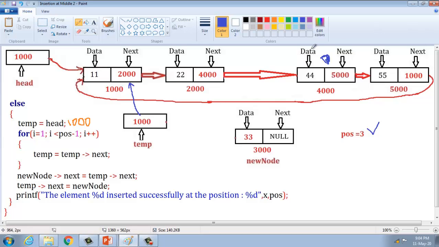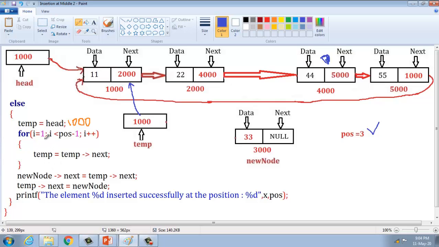First we declare a temporary variable, temp equal to the head pointer, that is 1000. This pointer should be moved to the previous node address, because if you are going to identify the fourth position, the temporary pointer points to the previous node address, that is the third node. If third is the position, we identify the second node, and so on.